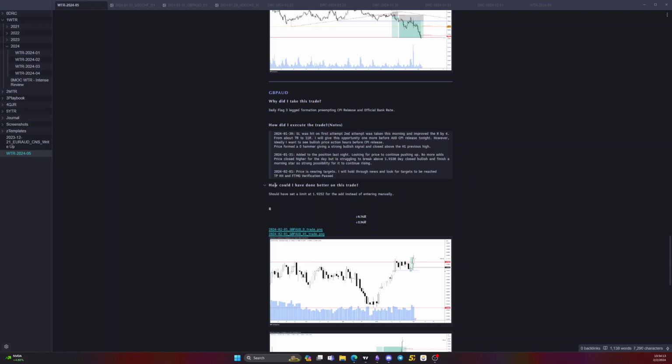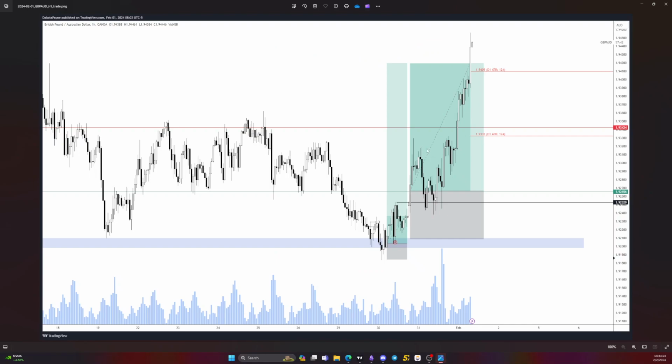How could I have done better here? I should have set a limit at 92.52 for the ad instead of entering manually. So I went ahead and entered manually again on the ad position when I should be setting a limit at this last low pre-break. Like my initial plan was to set this limit here, but as soon as news came out, I think this is when